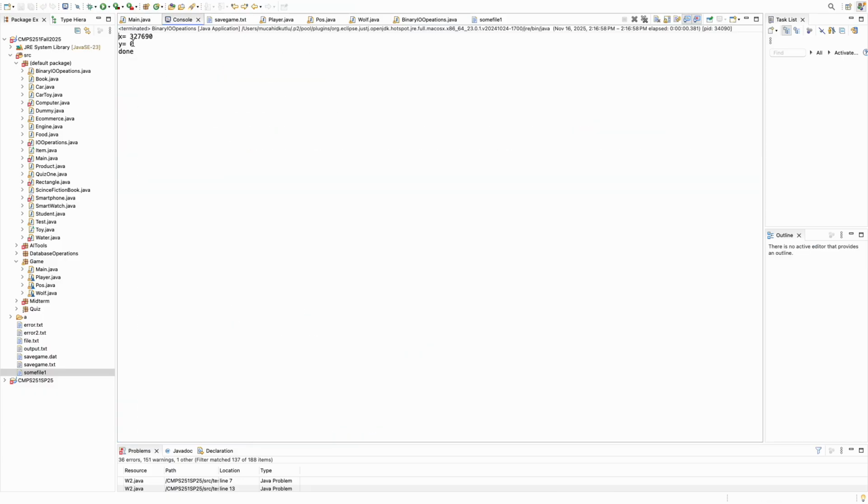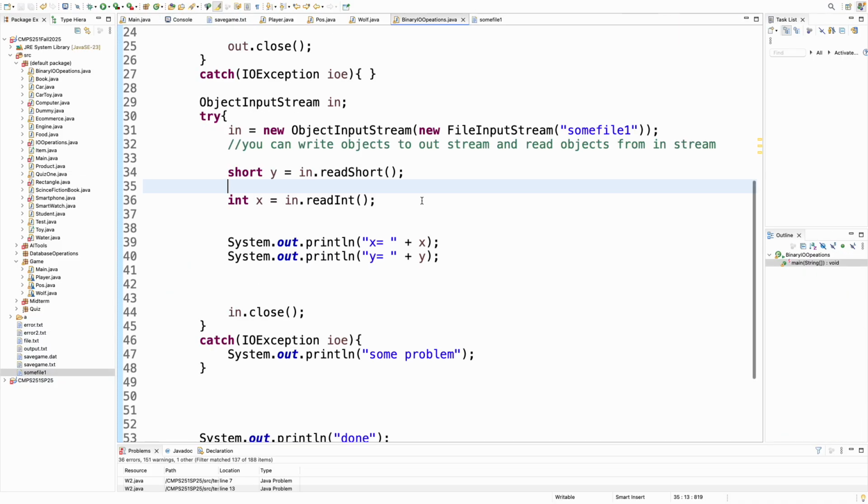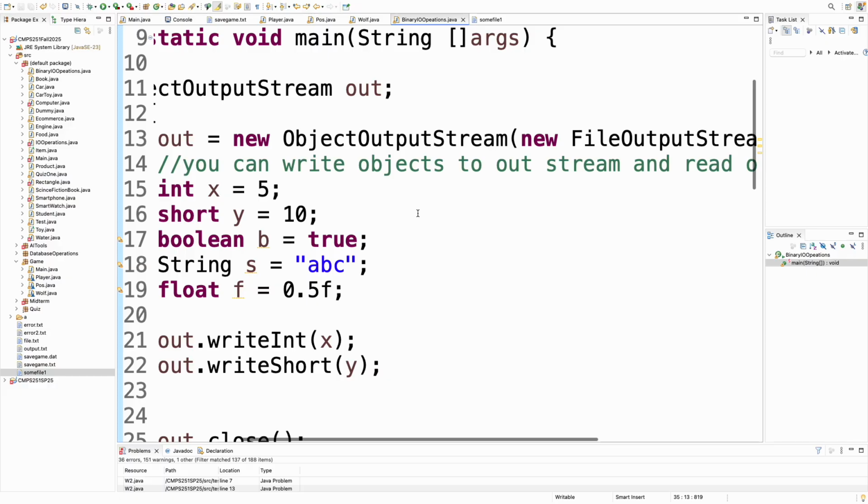Okay, now it says x is 327,690 and y is 0. Now what happened here is, well, when you are dealing with the binary data, you really have to follow the order. I will provide a very quick overview of what is happening here to help you better understand what is going on. When we write the data,